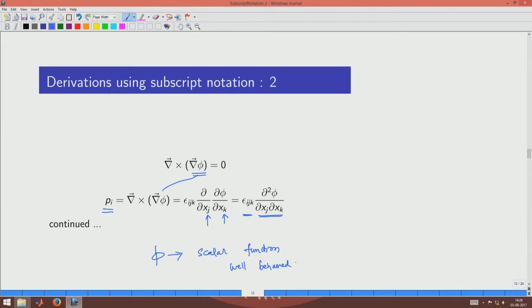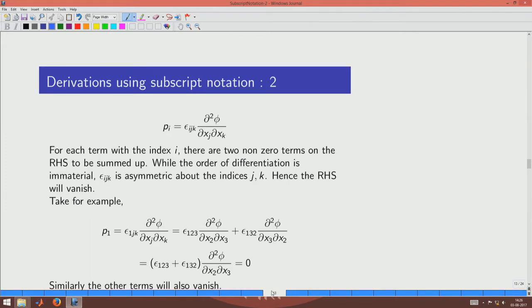What we mean by well behaved is that whenever you change the order of differentiation, there will be no difference in the quantity that is coming out. So, what it means is that when you take, for example, the p and look at one of the terms p1, then we see that when we expand pi with i equal to 1 on the right hand side, there are two terms coming here, and then you could sum it up and you get epsilon 1 2 3 plus epsilon 1 3 2, and I am equating these two